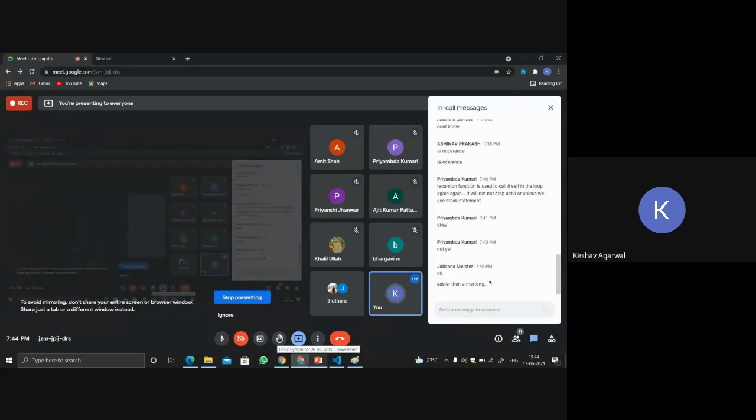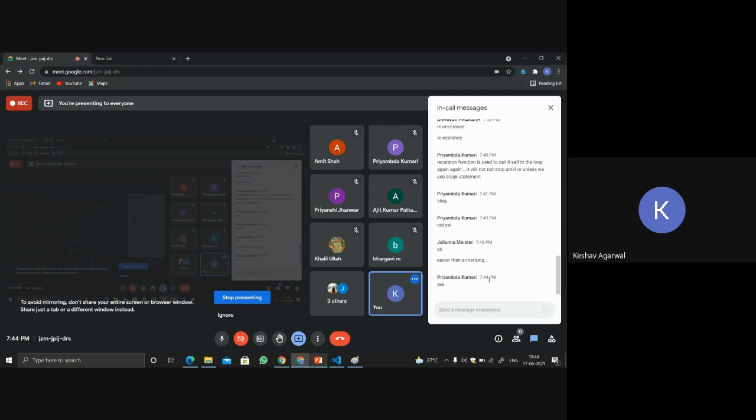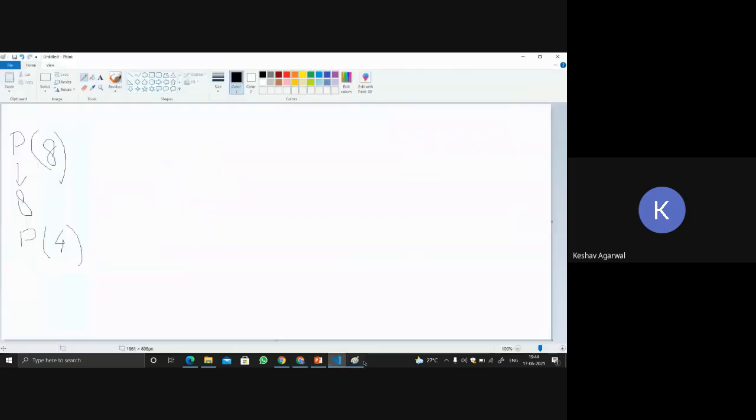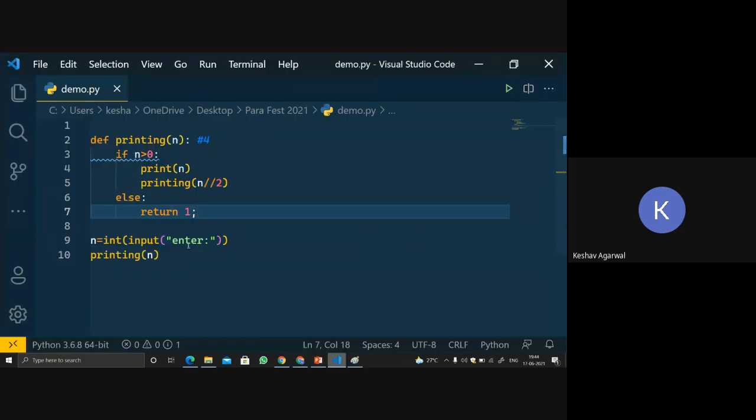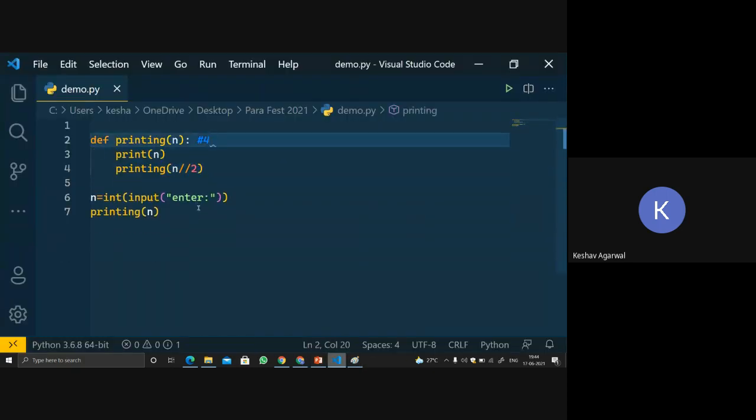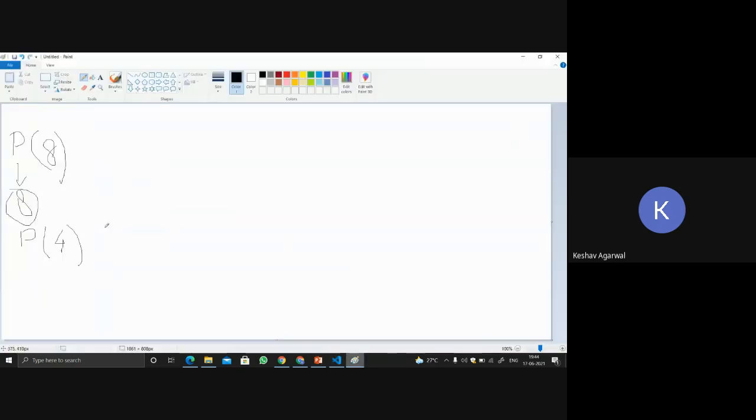Priyamda, are you following? Did you get that we will print 8 over here? This is when I'm talking about when we did not give any condition, when the program was looking like this. I'm talking about this particular scenario. So it was this. Now again, what will happen?